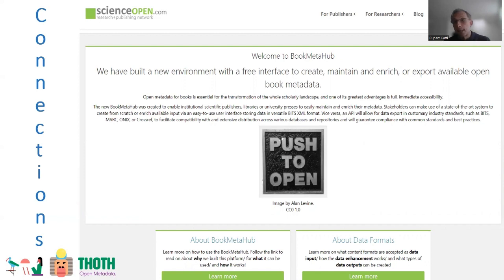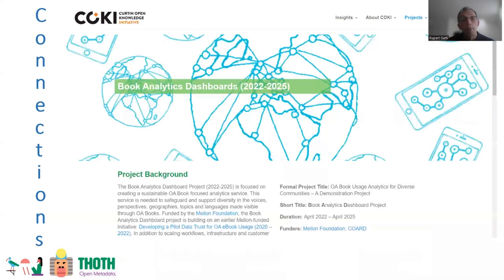They've also embedded the Thoth user interface into their interface so that the metadata can be enhanced through Thoth, and all the extra formats that Thoth is able to provide are then available to the users of the Science Open site as well.